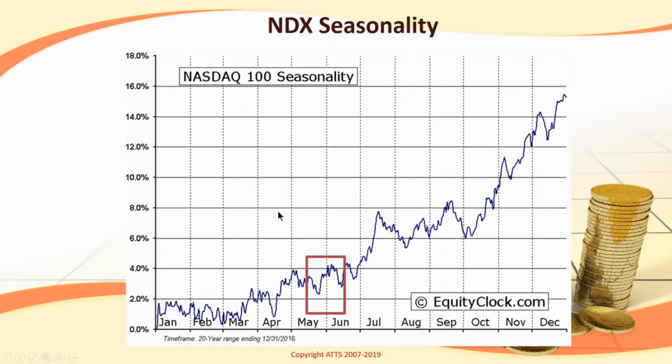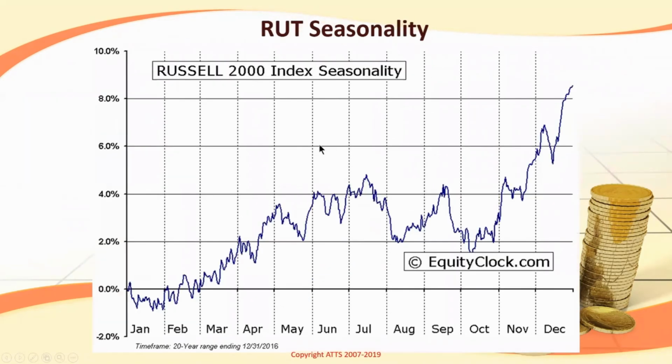NASDAQ, I've talked about before, because we had such a huge upswing in NASDAQ at the beginning of the year. I'm looking for May, June into July to be sideways or maybe a more significant correction. We'll see if that takes place. Same thing for Russell, showing more weakness than the other indexes. From a seasonality standpoint, we anticipate NASDAQ and Russell to just move sideways from June till about the latter part of October.